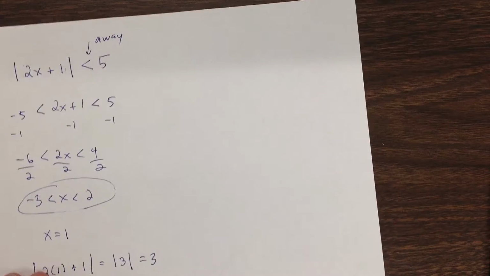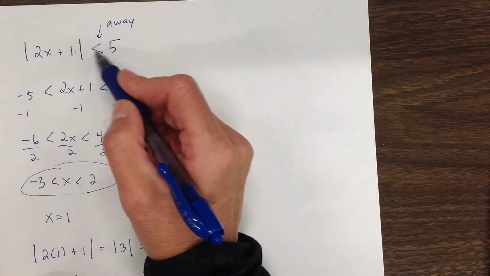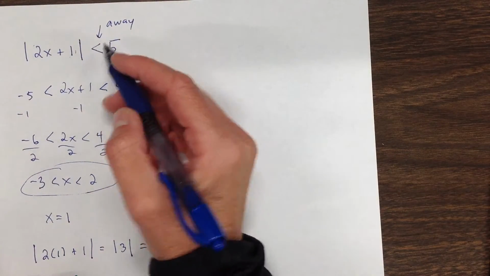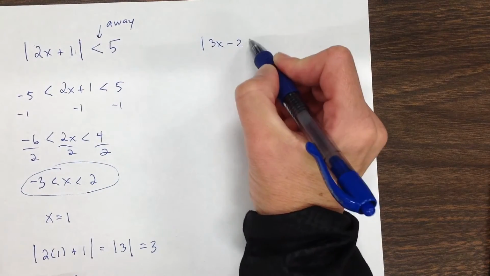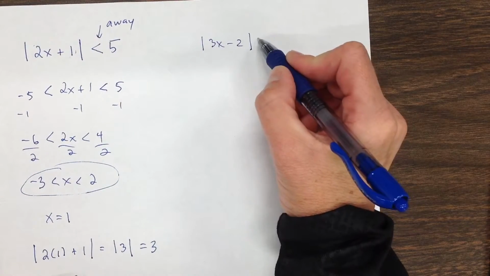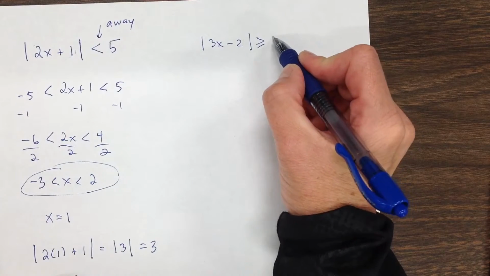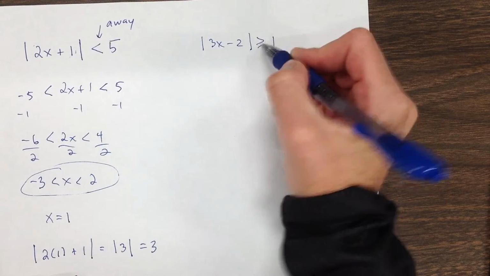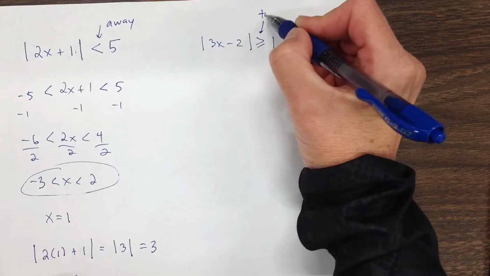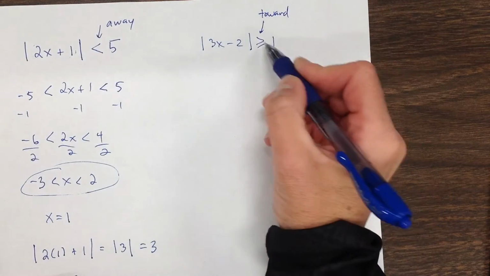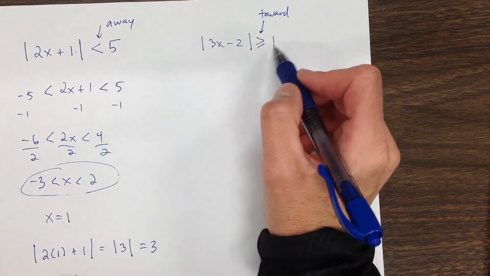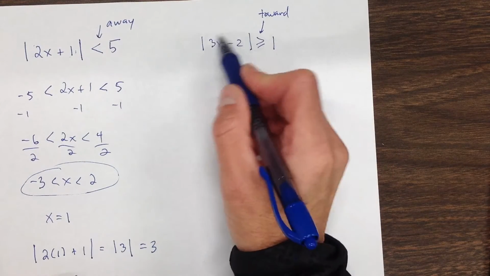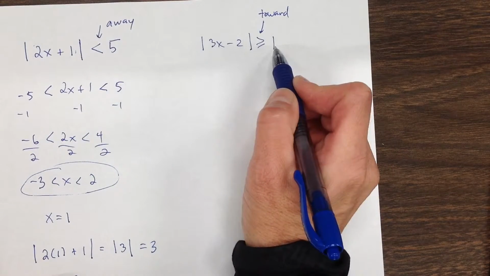All right, so now let's take a look at the case when the inequality opens toward the absolute value. So suppose that's going to be bigger than or equal to 1. When the inequality is opening toward the absolute value, well, this is going to be true if the inside is bigger than or equal to 1,